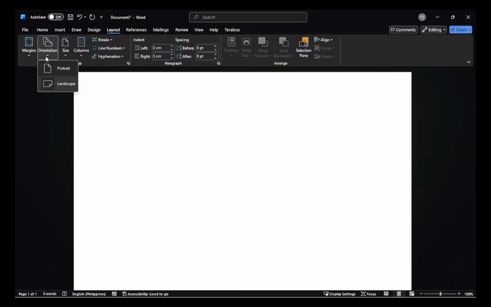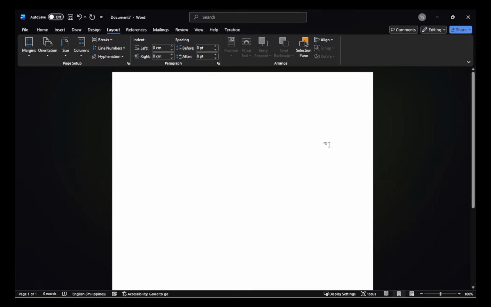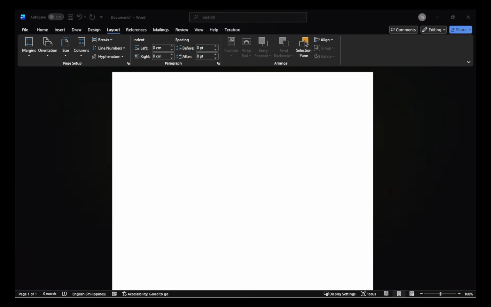As soon as you make your selection, the orientation change is applied to the entire document. This is crucial, especially if you're preparing a document for print or presentation, as the overall layout consistency plays a big role in readability and aesthetic presentation. And there you have it. By following these easy steps, you can ensure your document's orientation suits the content appropriately, providing a professional and polished